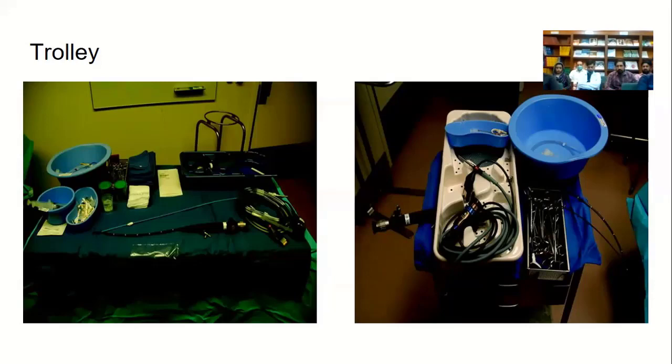For instance, if a surgeon is there and his or her eyes are towards the patient, then his or her back is towards the trolleys. So if anything comes into his hand, it has to be passed on by the technician. Now the technician has to know what kind of instruments are on the right side of the table, and what kind are on the left side.